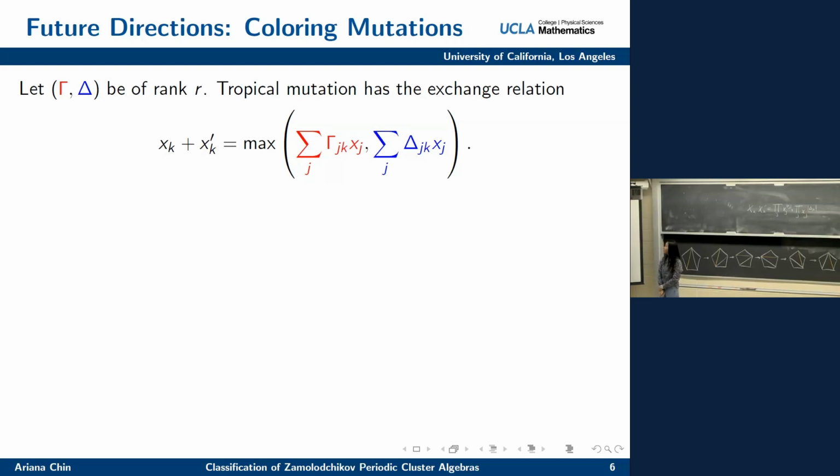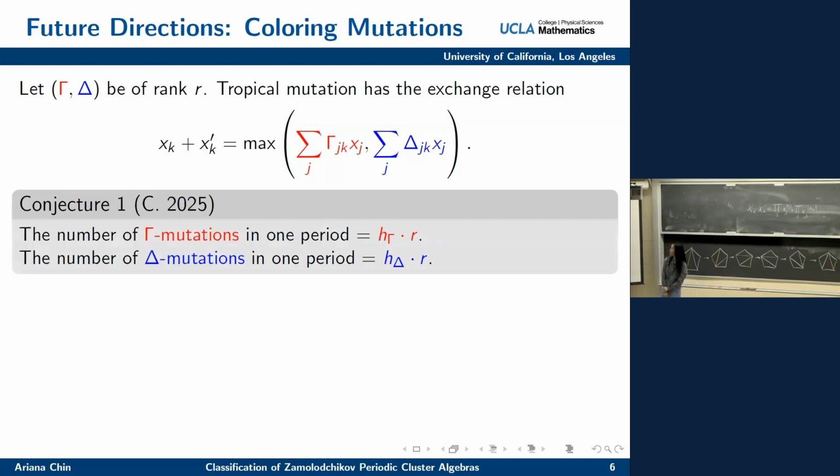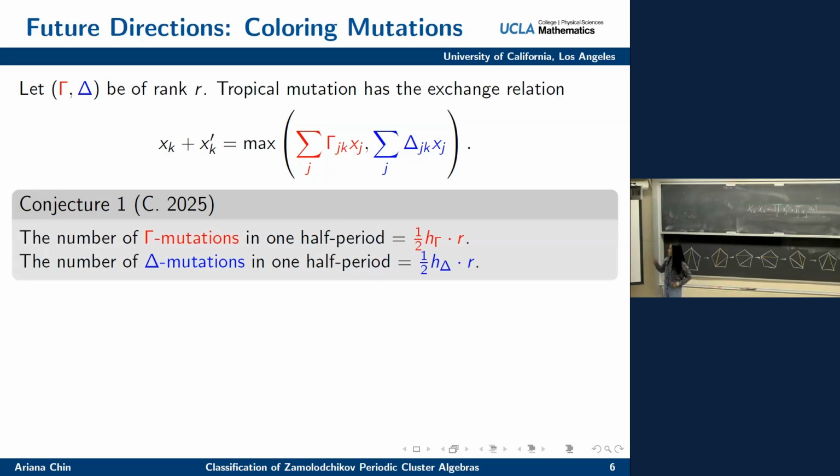notice something very interesting. Namely, the number of these gamma mutations is the same as the number of roots in the root systems associated to gamma, and same with delta. Moreover, due to the half periodicity result, this reduces down to just the behavior in one half period, which determines the entire system. So now we only need to show that the number of gamma mutations is the number of